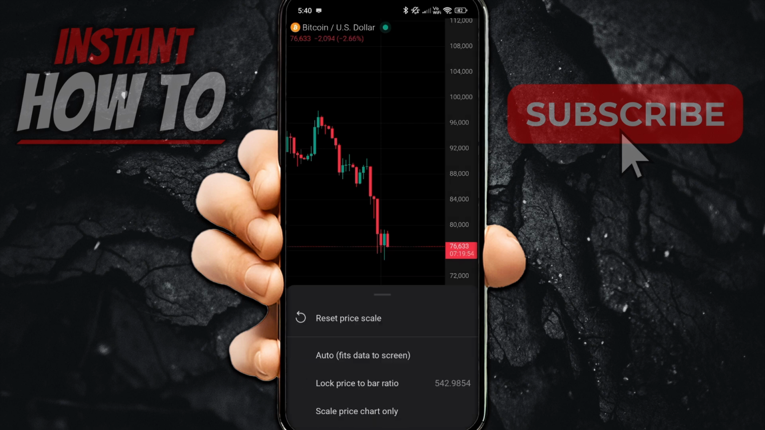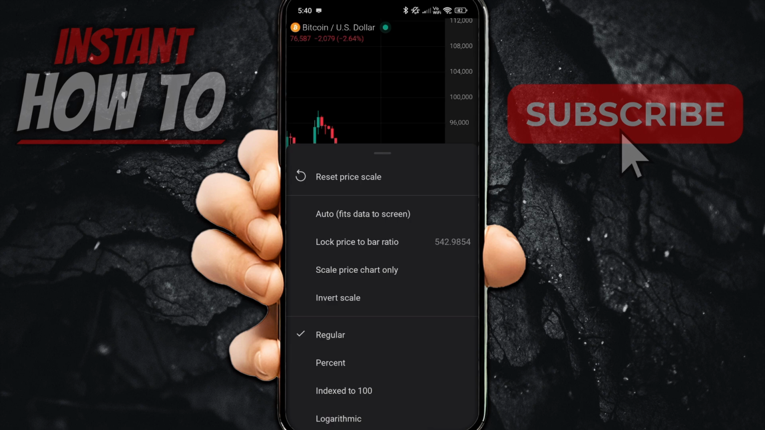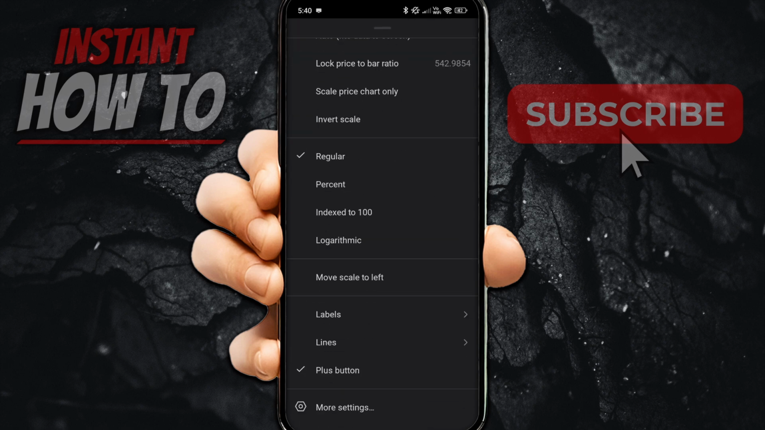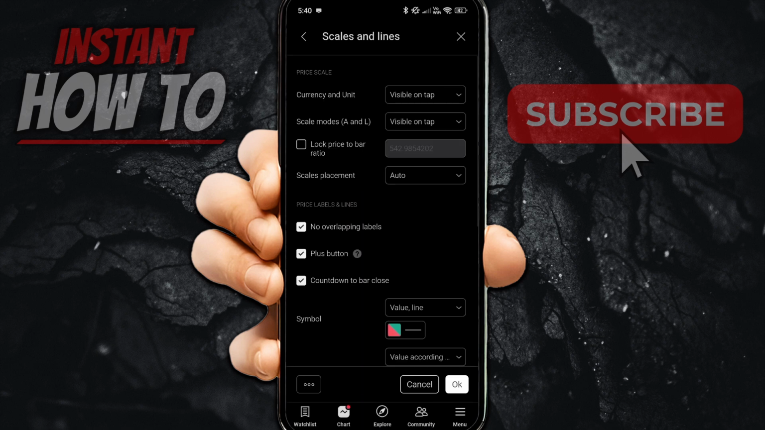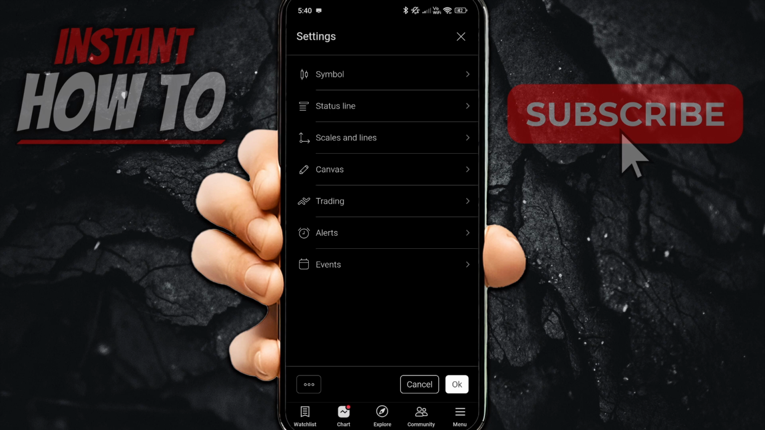There we go. When you tap on it, it's going to open up a menu. You want to go to the bottom, and at the very bottom, it's going to say More Settings. Now, you want to tap on More Settings. And then in here, top left, you want to tap on that back arrow. And from here, you want to tap on Canvas from inside this menu, which is the fourth option in the